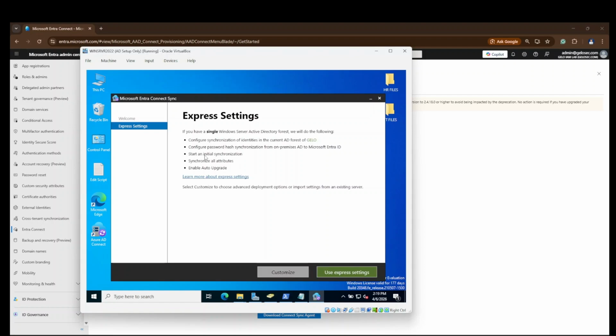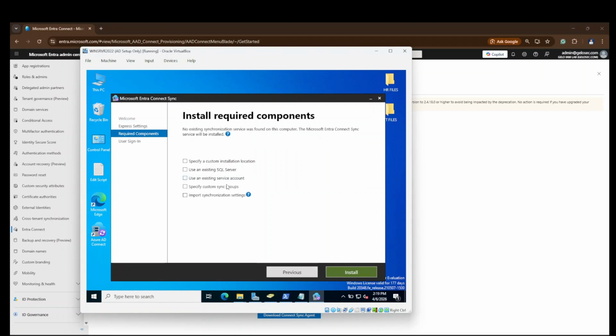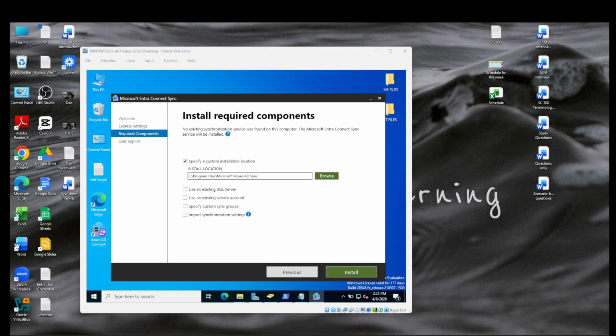Okay, in this prompt, we're gonna just leave it default, because they're asking if you want to change the installation location for this specific server. Leave it default and just install.